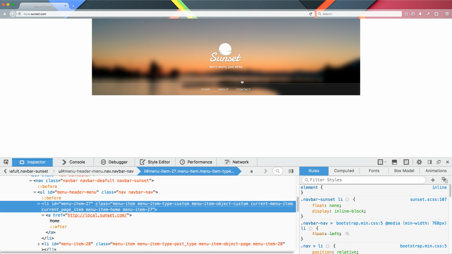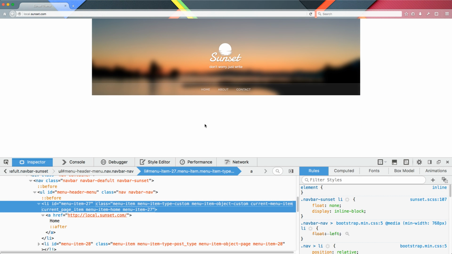But the problem is that this menu is not generating the HTML markup of Bootstrap as it's supposed to. So what I have to do is use the Walker Nav class to extend and dynamically change the generation